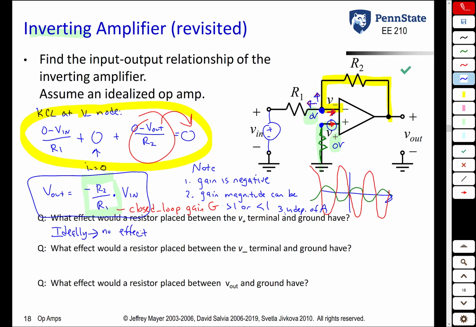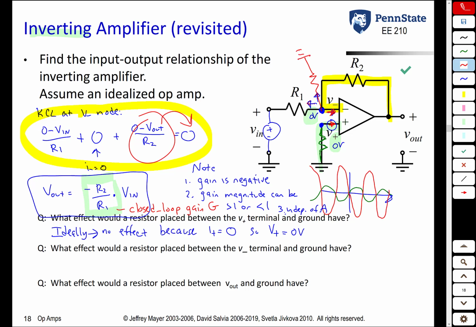Why does it have no effect? Because the current into the non-inverting terminal of the op-amp is 0. So V plus is going to be 0 volts regardless of having a resistor between the non-inverting terminal and ground. So the next question is, what effect would a resistor placed between the inverting terminal and ground have? So in other words, if we put a resistor here,